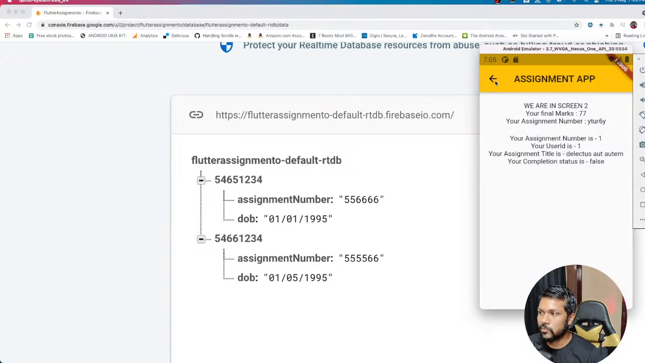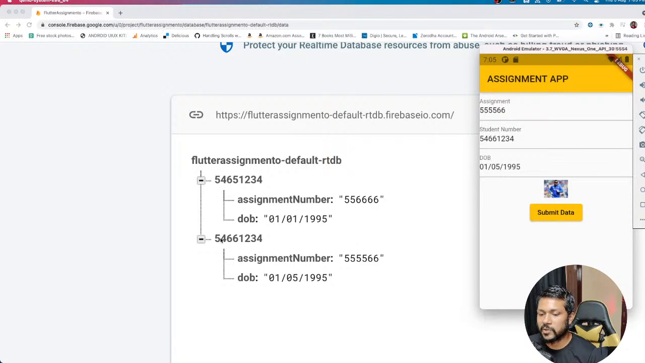Now let's say that you want to modify the data of the assignment number for this student number. So I'm going to be using the same student number, but changing the